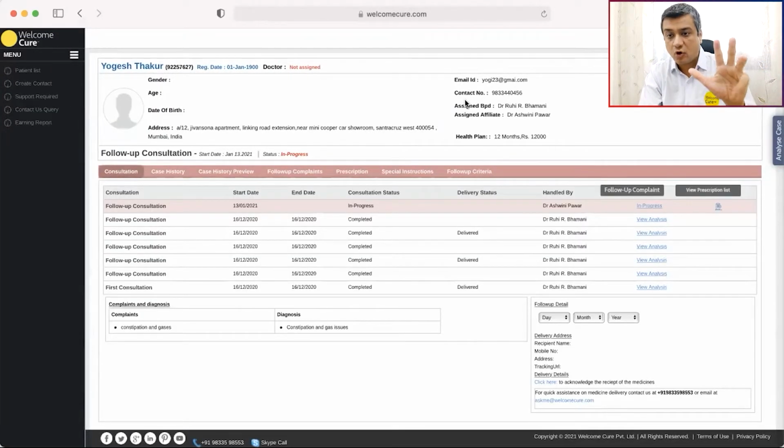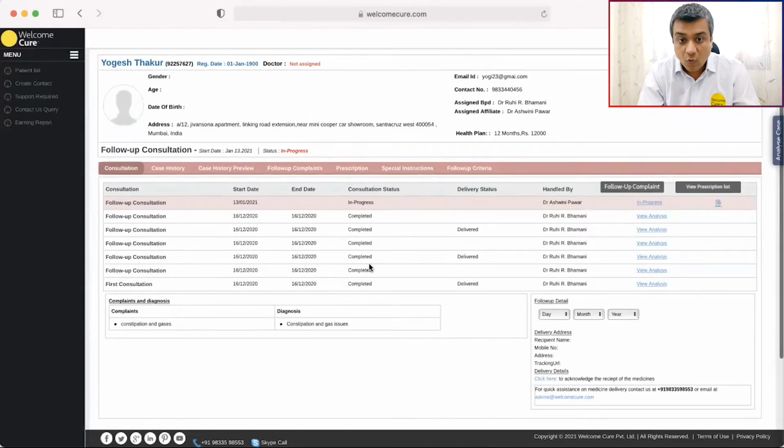The patient's contact details, who is the support doctor, your name, when was the first consultation, everything comes here. When all did the consultations happen? As you see here, the entire listing is coming here. It was done by you, or the name of the support doctor who is doing it.